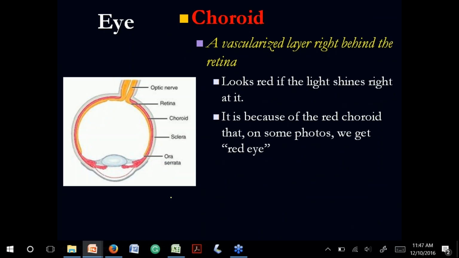We have the choroid. The choroid, remember please, is the middle layer of the eye, and it has a lot of vascularization. Please, vascularize. This is medical terminology. Vascularized means it is going to have a high number of vessels. Highly vascularized means a lot of vessels. And that is going to give blood supply to the sclera and to the retina.